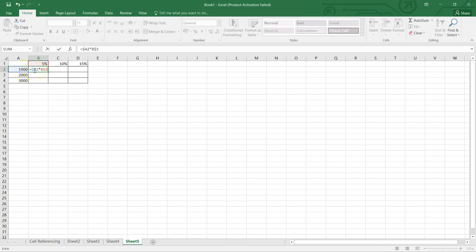So what's happening? Using the first half of my formula, it locks column A, so that it always takes the sales value from column A only. Understand this. And then using the second half, that is B$1, that locks row 1 so that it always takes the commission rate from row 1. Getting my point? So now let's just calculate it. And if I just drag the formula throughout this table, you will see the answers.